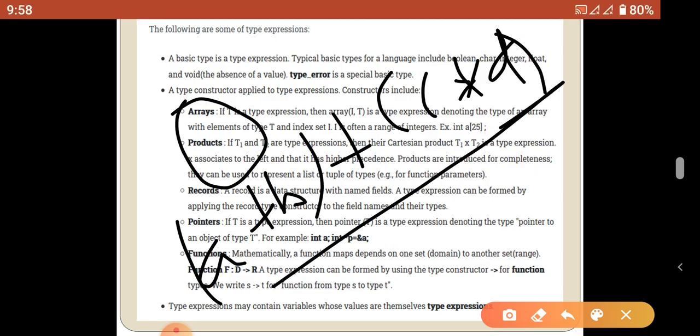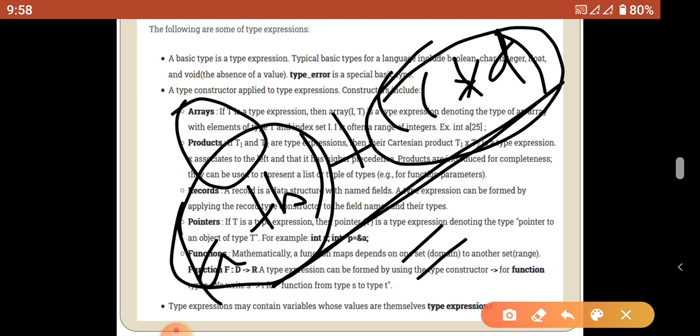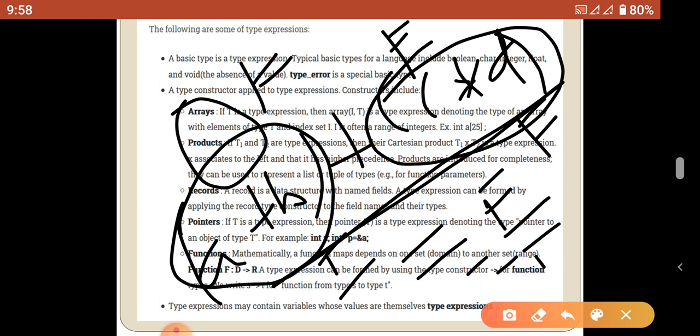So based on the result of each and every expression, the complete result may be different. If it is float, the result will be a float. If it is integer and if it is float, the result should be a float. If the first one is integer and the second one is integer, the result should be integer. So based on the simple small expressions in the longer construct, the result of the whole expression may be different.